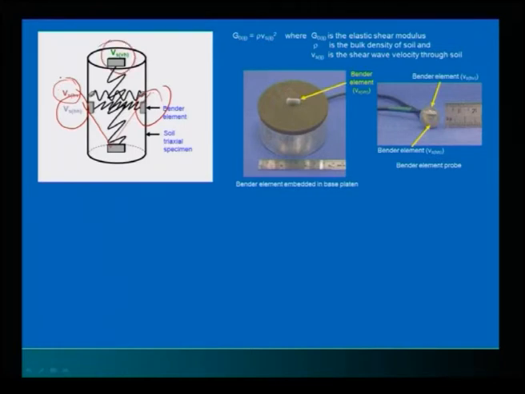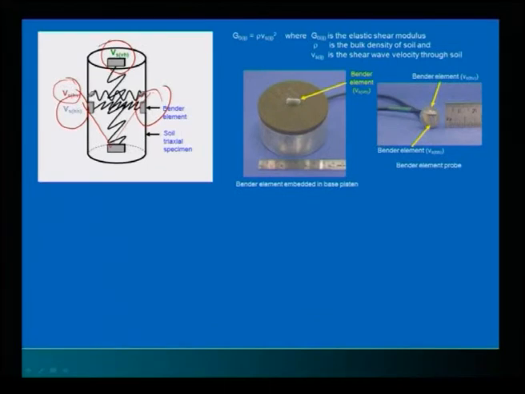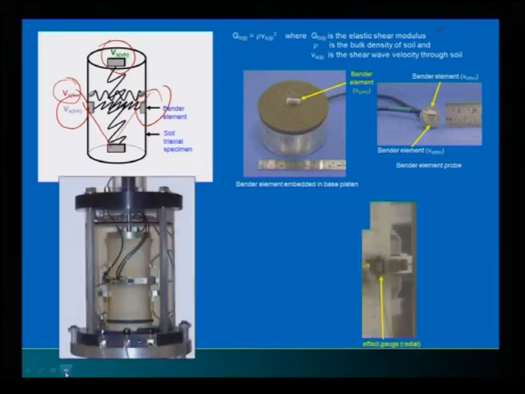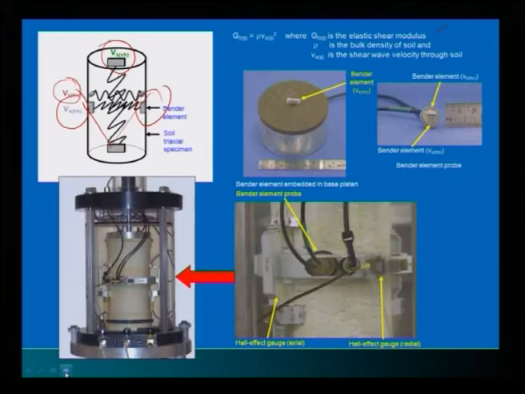That means the bender element, because these waves propagate, once you start the wave at the source, it will propagate in any direction. So you can measure the travel time, and based on the travel time of receiving, you can place the bender element radially and also vertically. Now as I said, this bender element is embedded in the base platen, and this is your bender element. With this bender element you can find the shear modulus by getting your travel distance and your time. I am showing a clear picture in the triaxial cell.